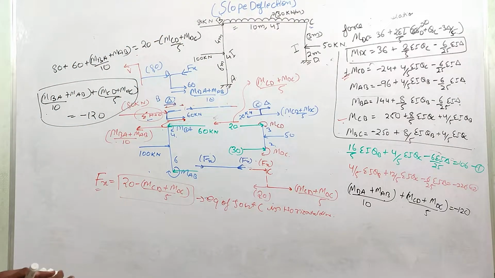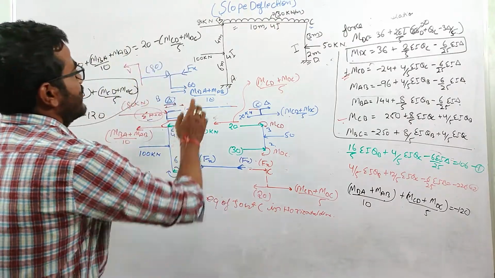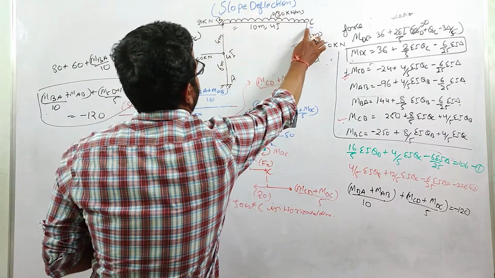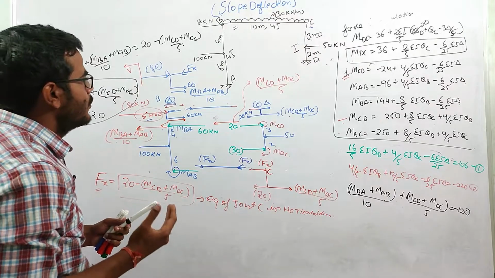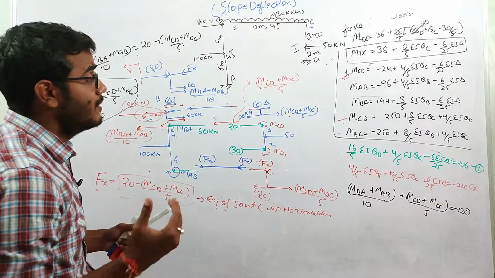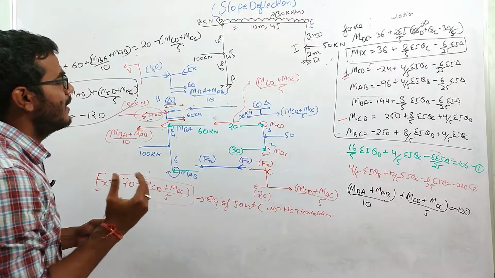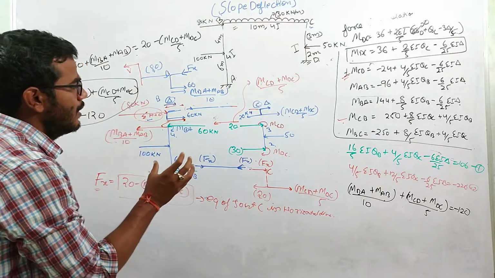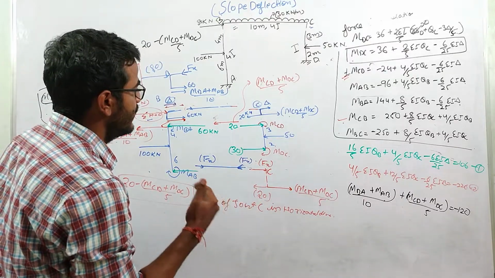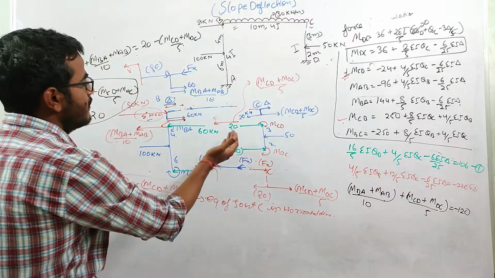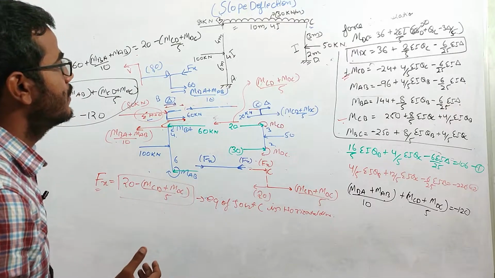In the books, they will simply cut the section over here, like this, and simply write the shear equation for this portion. But here I want to tell you how this works, because while deriving the equation for the moment, we were writing the equation for the particular joint. So that's why I want to show how these forces are transferred and how we write the horizontal equilibrium equation at the joints. This is the way you write the equation.